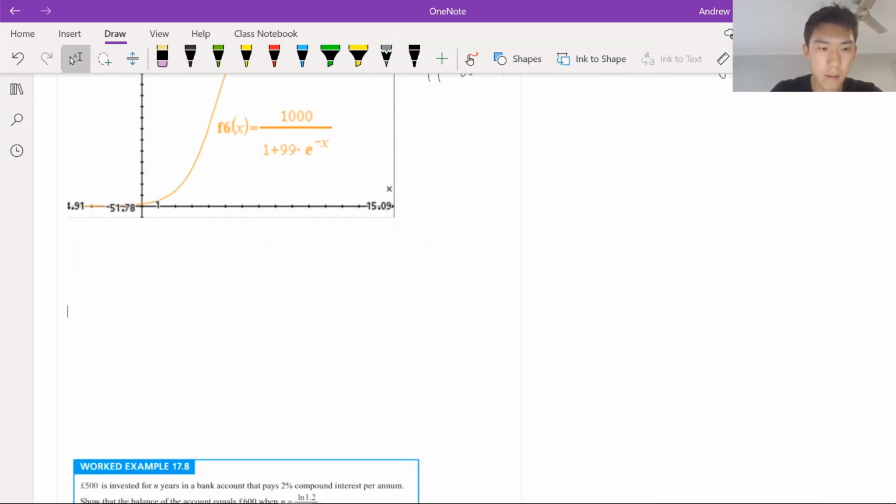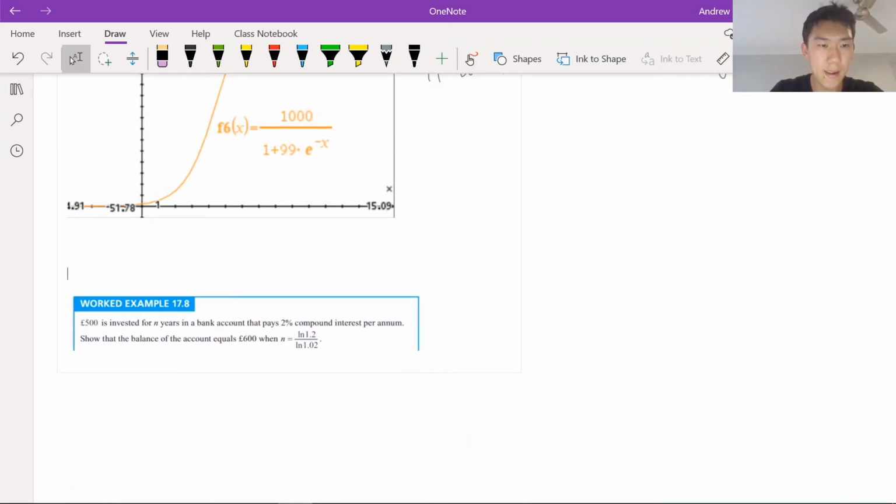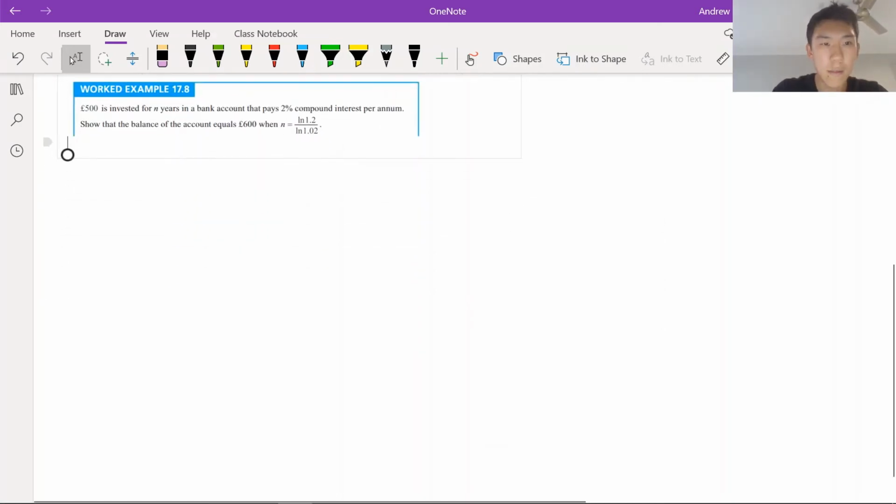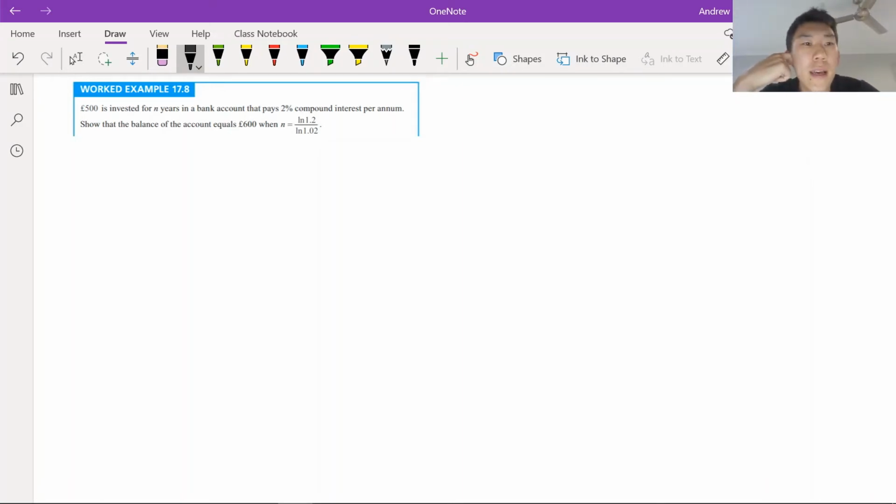Where's my question at? Here we go. 17.8. 500. I want to say dollars, even though it's pounds. $500 is invested for n years in a bank that pays 2% compound interest per annum. Show that the balance of the account equals 600 when n equals